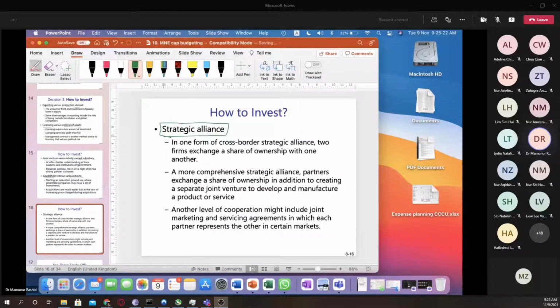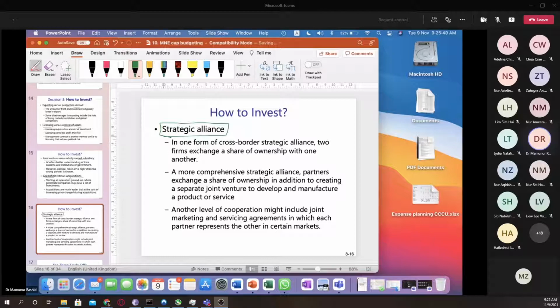A strategic alliance is to form an alliance with another company so that you can attain or achieve some strategic resources. That is the reason why you do a cross-border strategic alliance. There are many companies practicing strategic alliances in the international market. Those strategic alliances can be even with your competition. For example,